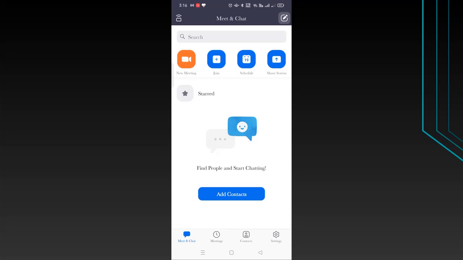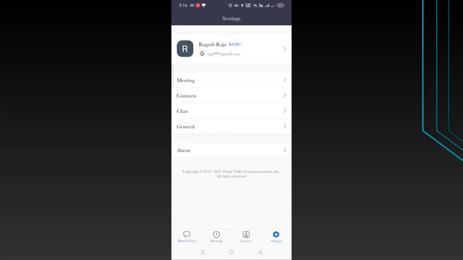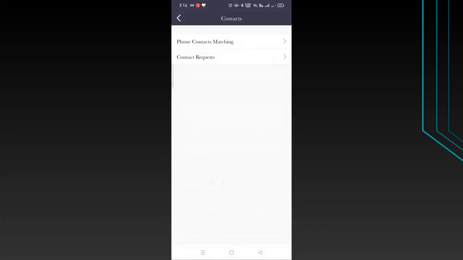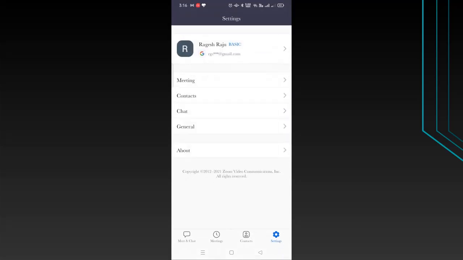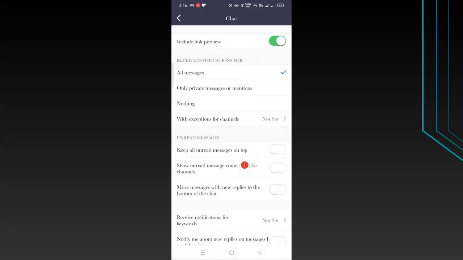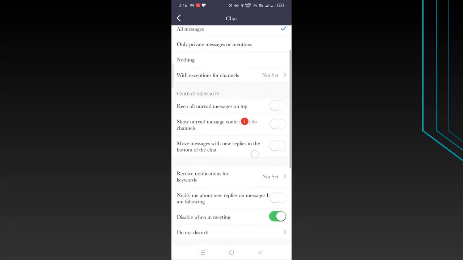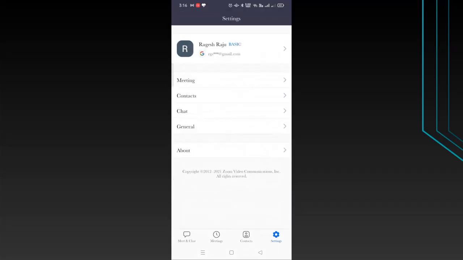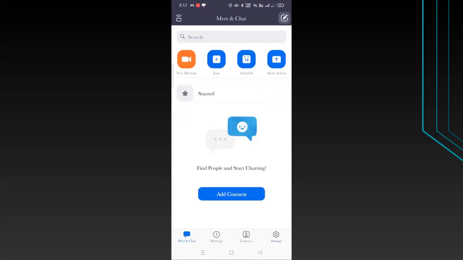Okay, so this is the home page of the Zoom app on your phone. Here, if you look at the bottom, there are multiple options: meet and chat, meetings, contact, settings. So I click on settings. I get the same settings which you have set up earlier. There is a meeting setting, so this we have already done. There is a contact setting. If you want to sync your contacts with your Zoom, you can do that. There's a chat setting option. For multiple chat options, whatever notifications have to be set, you can always go and set them. There are general settings for the ringtone which we have already seen. I come back to meet and chat, the same homepage.